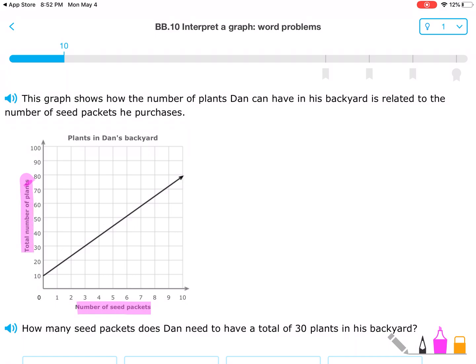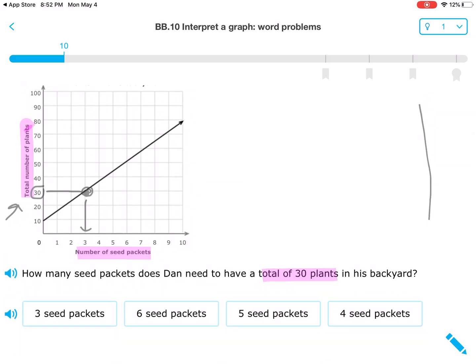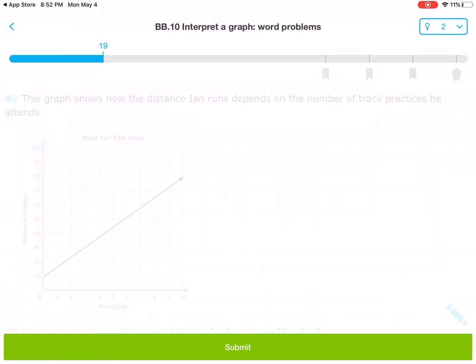So the question says, how many seed packets does Dan need to have a total of 30 plants? So 30 plants is what they're talking about here on the y-axis. So I want to find the number that represents 30 plants, and I'm going to follow the 30 line until I intersect with my diagonal, okay? And I notice that this point right here is representing 3 seed packets. So I know that when he has 3 seed packets, he'll get 30 plants, okay? So down below, I will hit 3 seed packets. All right, so